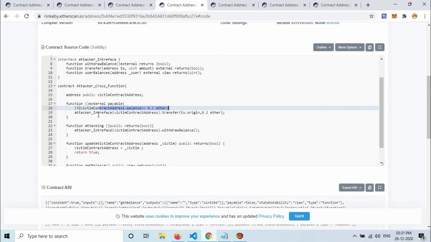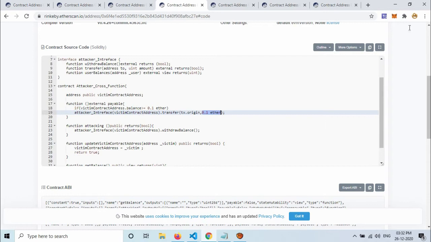If more than 0.1 ether, it will again call the transfer function. And it is sending to tx.origin, meaning the caller address, 0.1 ether. And this call will update the balance in transfer.